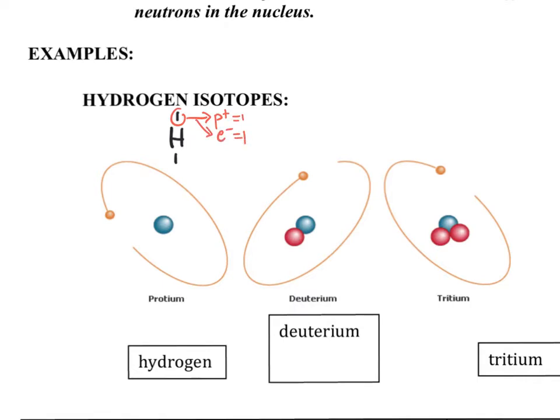Isotopes has got nothing to do with ions. This is to do not with differences in electrons like in ions, but rather difference of neutrons in the nucleus. So this particular form of hydrogen is the one that we find on the periodic table. Its atomic number, or its proton number,